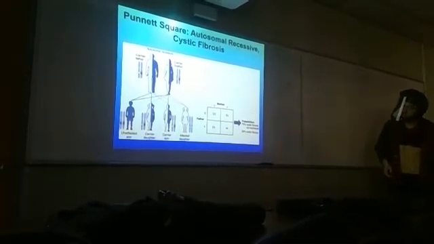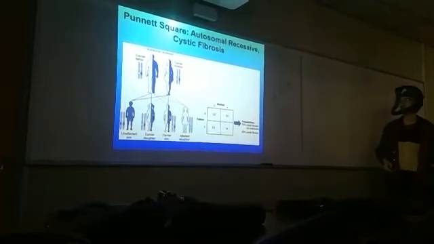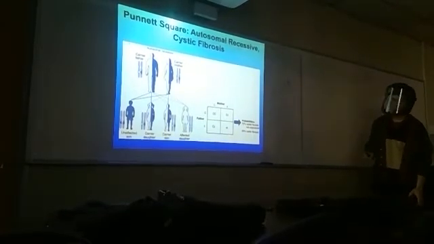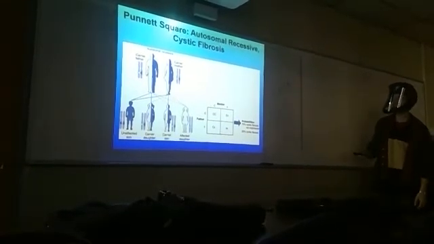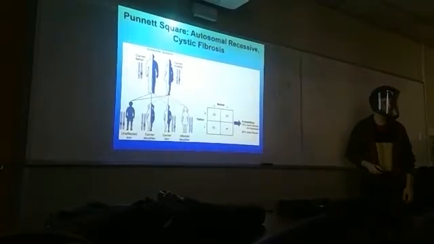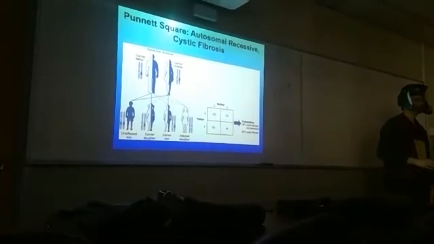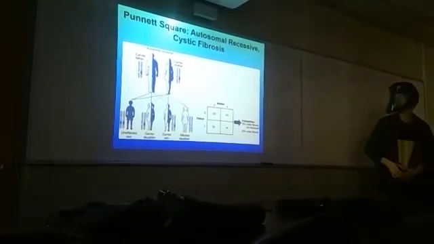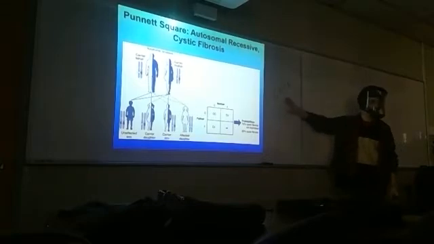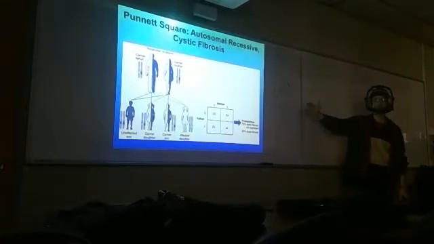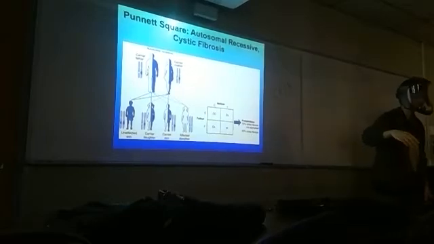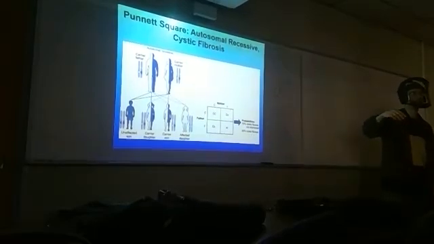All right, so let's take a look at typically how this is transmitted to progeny. Usually, you have two parents, both of whom are carriers. They don't have the disease, but one of the two genes that they have encoding for CFTR is defective. Now, if they just have one gene that's mutant, but have another good gene,